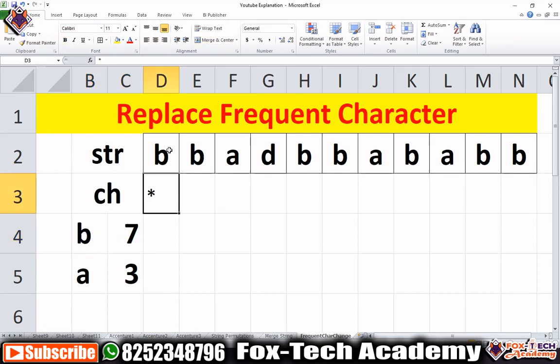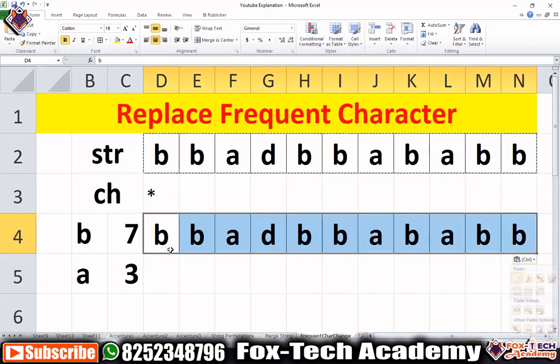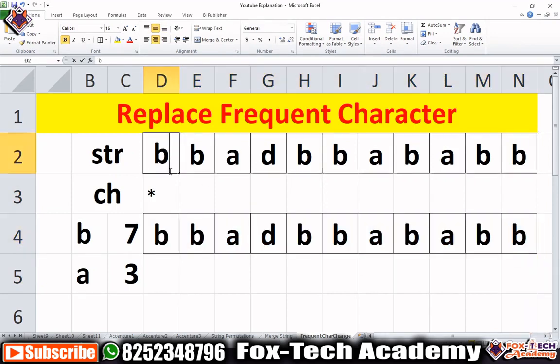So suppose this is our old string, and after this, our new string will have each and every b changed. This will be a star, here this b will be changed.